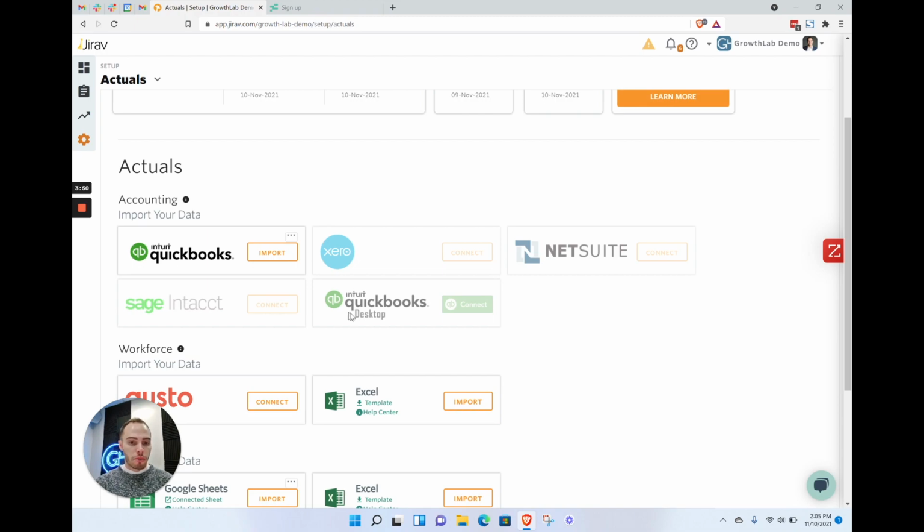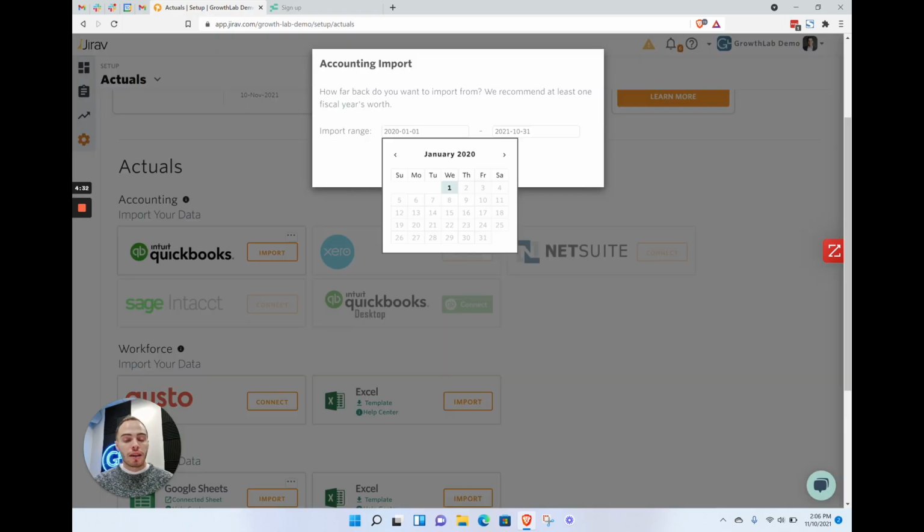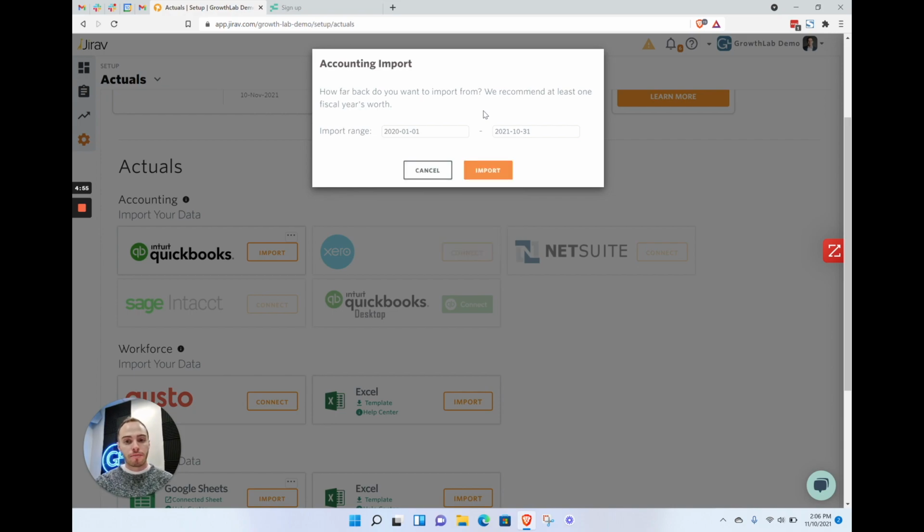As you can see here by the grayed out editions of the other logos, we're using Intuit QuickBooks Online. We've already imported. This is going to be the same for every instance that you set up, regardless of if it's QuickBooks Online, Desktop, NetSuite, Xero, Sage. I like to usually bring in 2 years of historicals at minimum. Feel free to bring in as much as you want. Obviously, the more information you bring in, it may have the potential to slow down your modeling, but I like to bring in at least 2 years. Bring it up to the most recent close month.